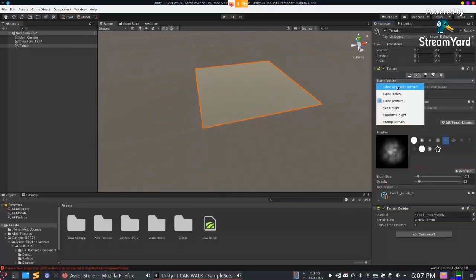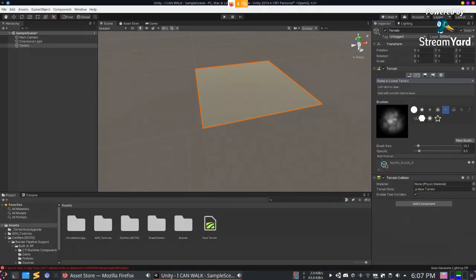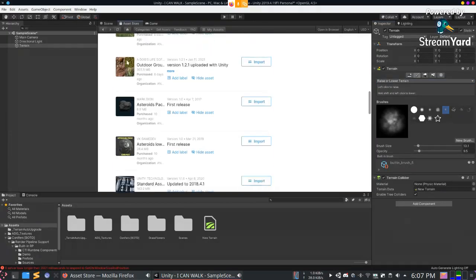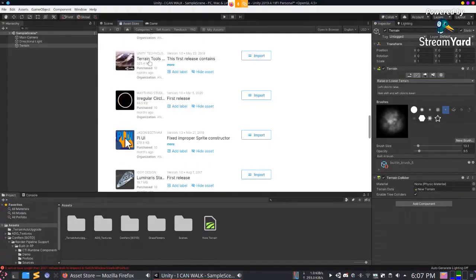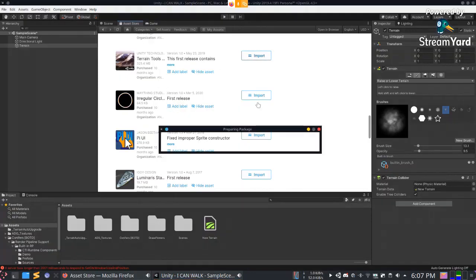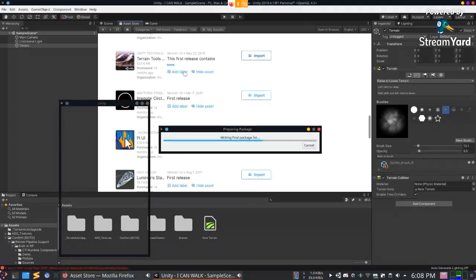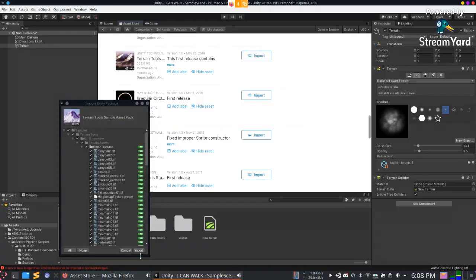This is the second section. Let's go to raise and lower terrain. Now you can see the number of brushes is rather less. If you want more brushes, go to the asset store and get Unity's terrain tools. It will get you a lot more brushes and a lot of other features related to terrain. Earlier they used to have it directly with the Unity installation, but now they have turned it into a package. This is done because not everyone uses the terrain system, so there's no point in giving 320 MBs extra to everyone.